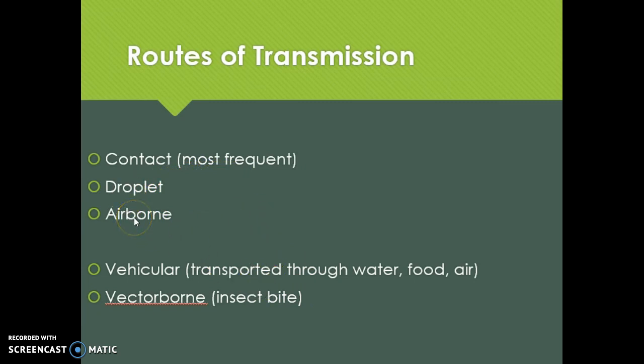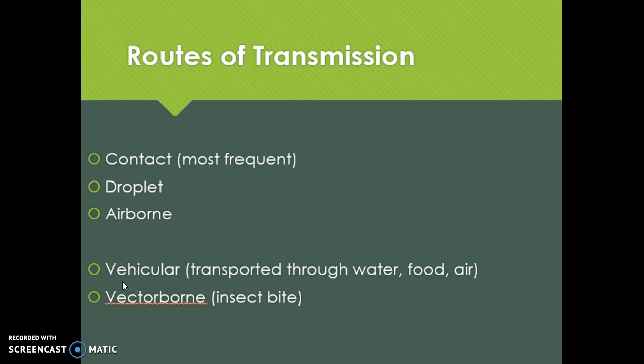Then there's airborne, and these are the respiratory illnesses, tuberculosis, some pneumonias, the flu sometimes, even though just to make things clear, we use droplet precautions for the flu. But airborne bacteria is very lightweight. So instead of being like droplet where it drops like here, an airborne bacteria can go way out here and float around. So that's why you have to have the special N95 mask for airborne issues.